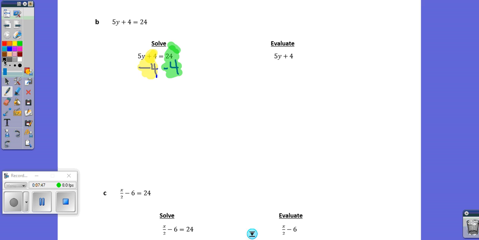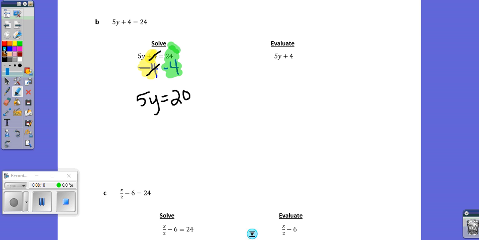So 4 minus 4, I always like to draw these lines. 4 minus 4 is 0. So on the left side of the equal sign, you're left with 5 times y is equal to 20. 24 minus 4, I'm looking in the green part right here, 24 minus 4 is equal to 20. Okay, so now we can get rid of our